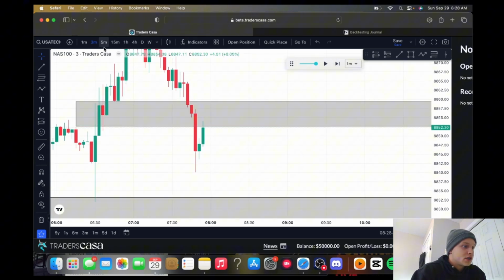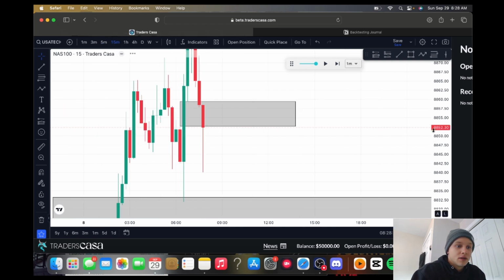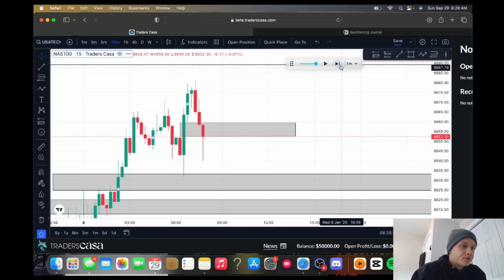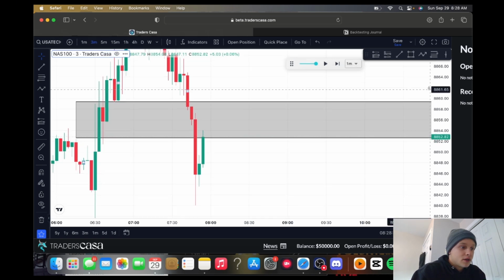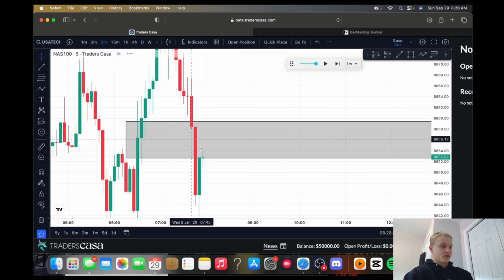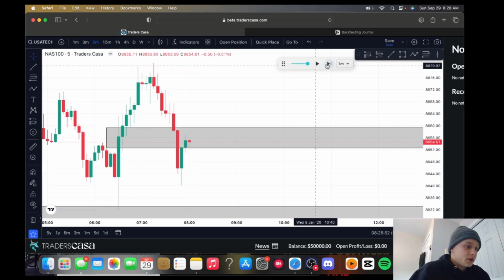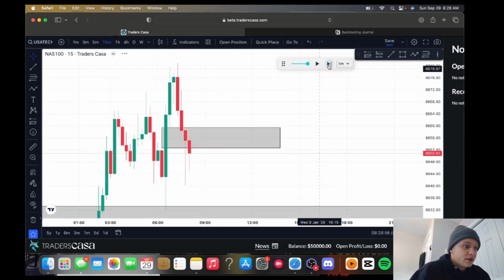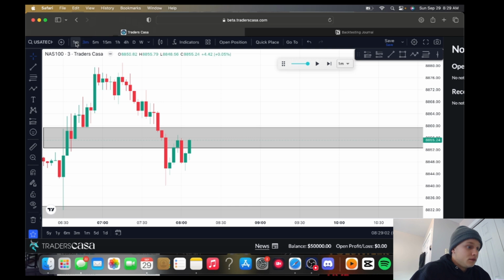Unless we decide to just start tanking, which looks like we kind of are. I want to make sure we don't inverse that. Bummer. I'm just gonna sit and relax and wait, and I want to see if this 15-minute inverses it or not, which it doesn't look like it.